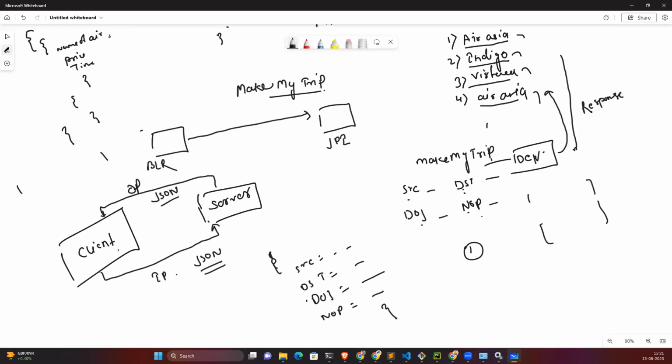Okay. So this much is pretty much good. This is one application, the client, called MakeMyTrip. And the server is again a different type of application. It can be a RAC application, it can be anything. So here we are trying to establish a relationship between two applications. That's what is called an application programmable interface. It means two programs we are going to interface using the API. That is called API.